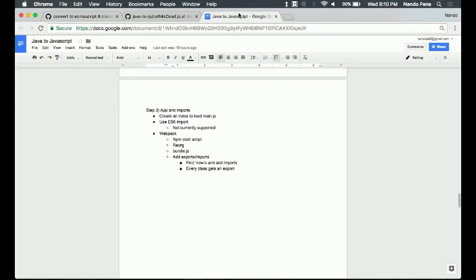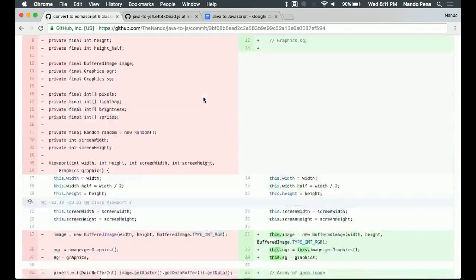Okay, now we've got all this code. It still doesn't do anything yet. We still can't execute it. We need to create an application infrastructure for it, link all this stuff up together. So we want an index page that we can display the app on, and we want it to load all of our files.